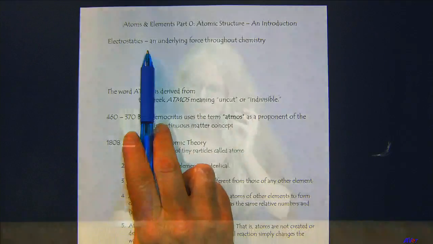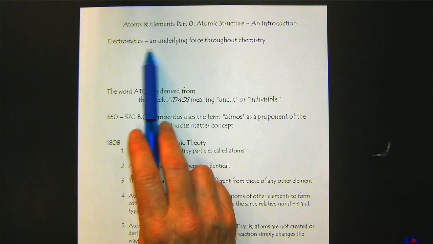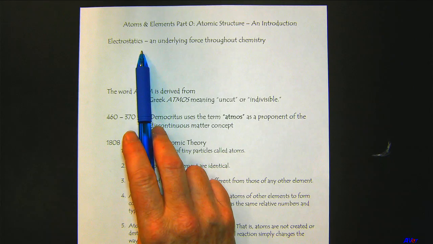Welcome to Atoms and Elements Part 0. This will be our introduction to atomic structure. Let's get started. Now, one of the most important concepts that we need to really become comfortable with right away